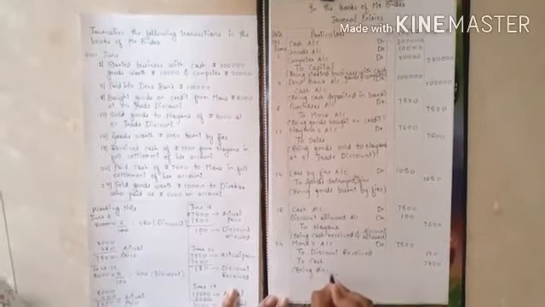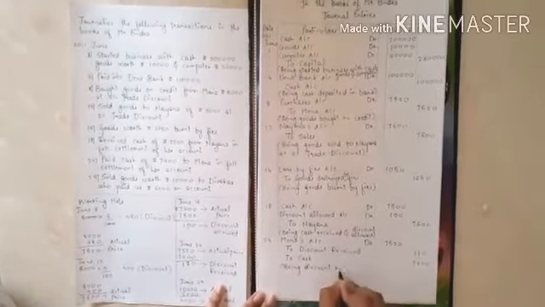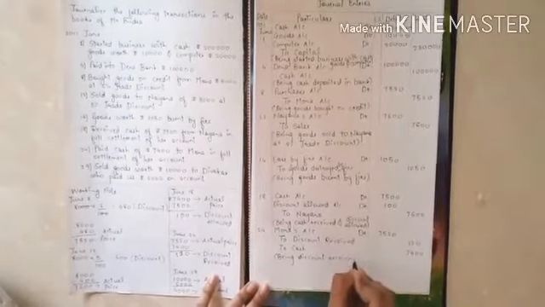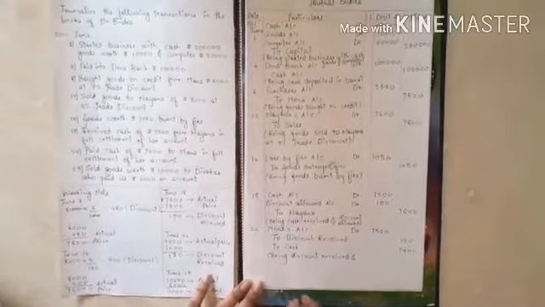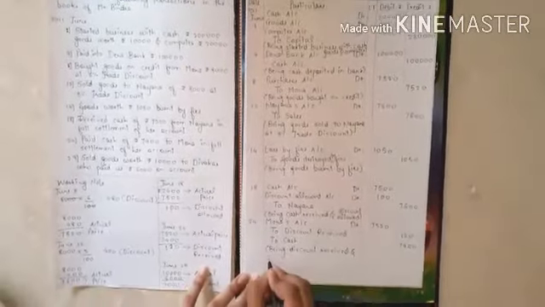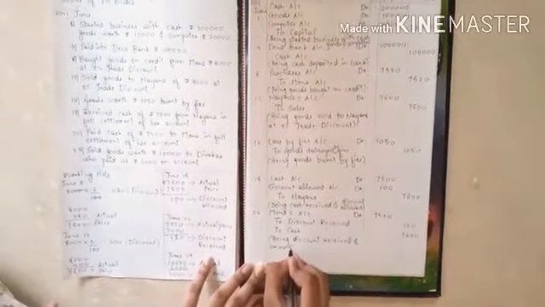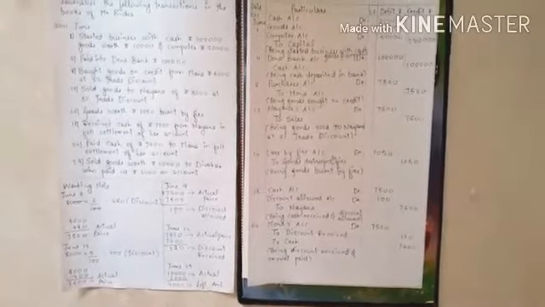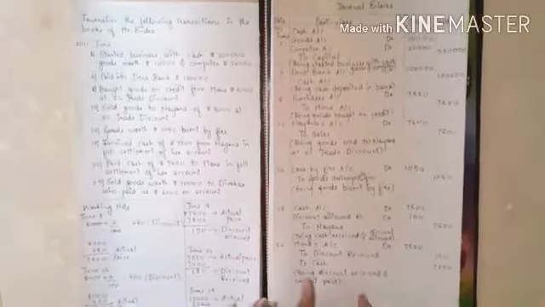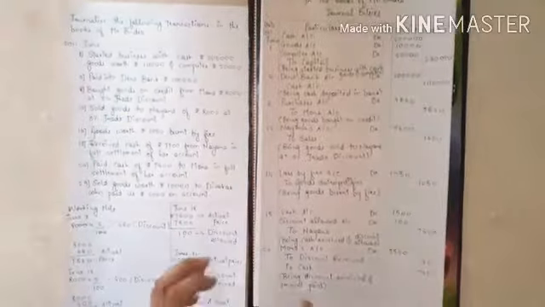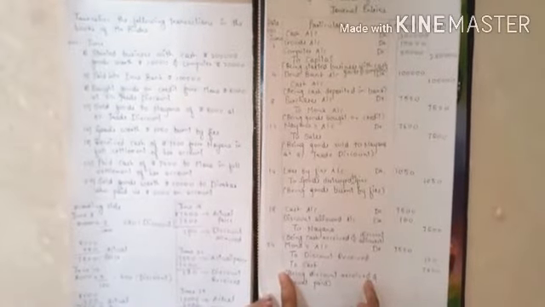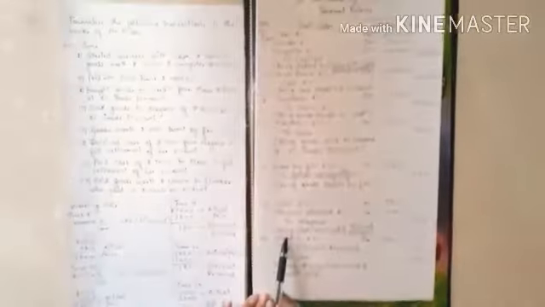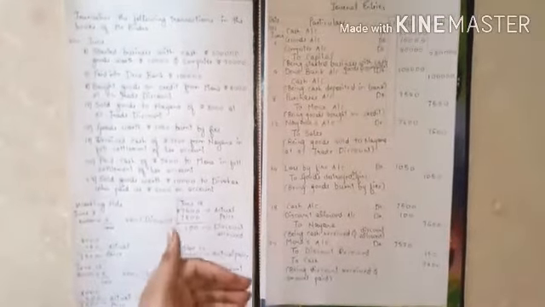Narration for this transaction being discount received and amount paid. Okay. You can write your own narration. No need to copy it down from your textbook references. You can frame your own narrations. Just what is the difference here? Here we have got discount and here we have allowed discount. So narration doesn't differ here.